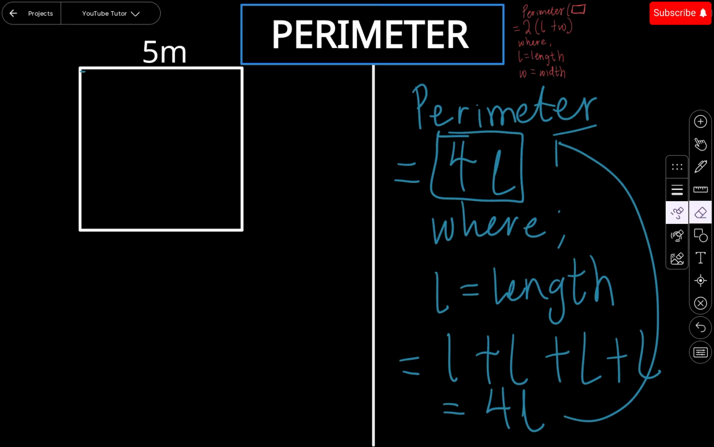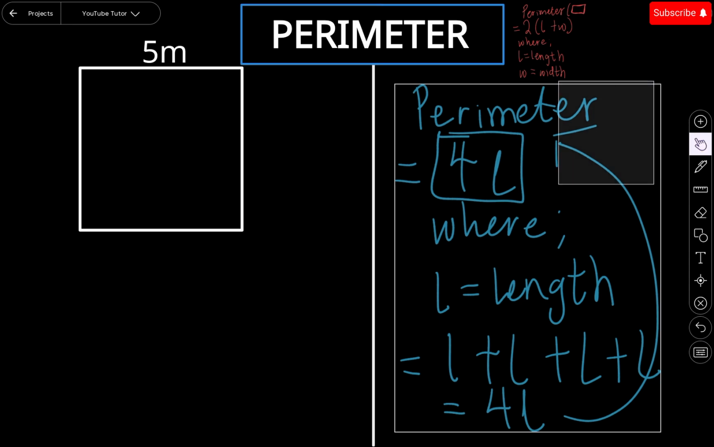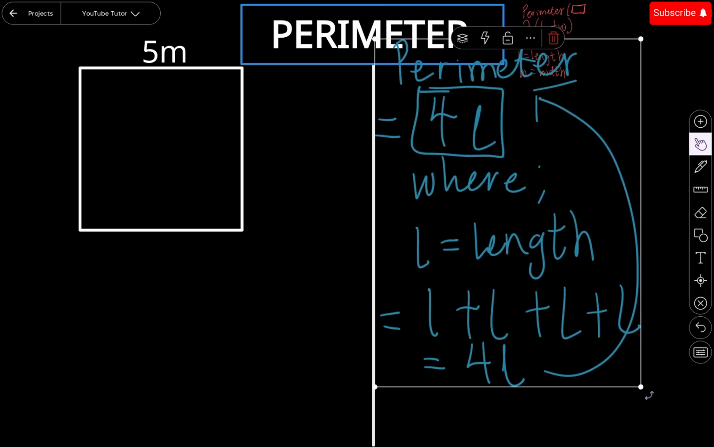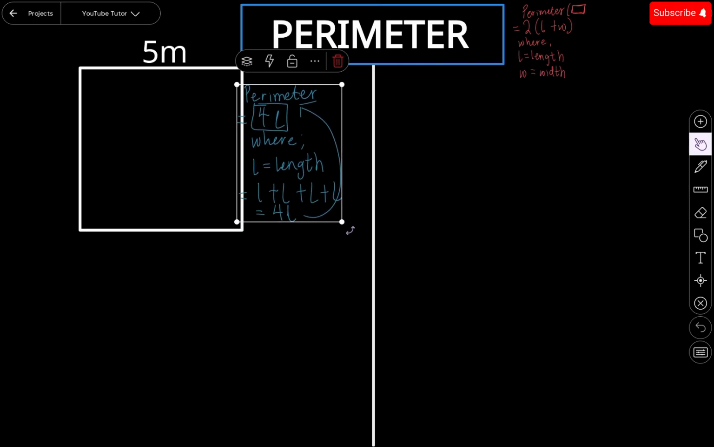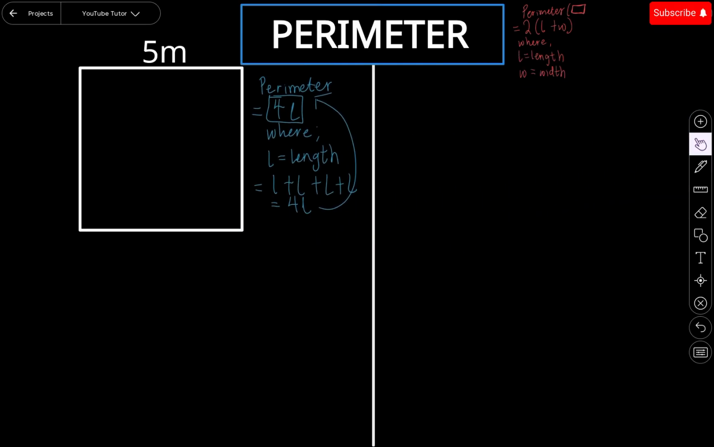So let me clear this. Alright, so after clearing, we can see that we have 5 meters here. So let's minimize this formula. We are going to use it for our first question. So let me just put it at the side here. Now, since they give us 5 meters for one side,